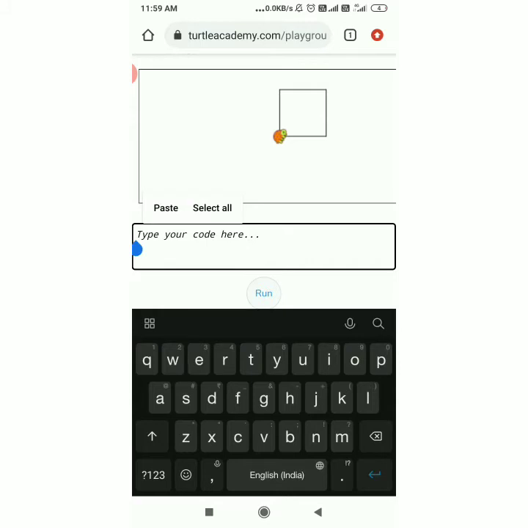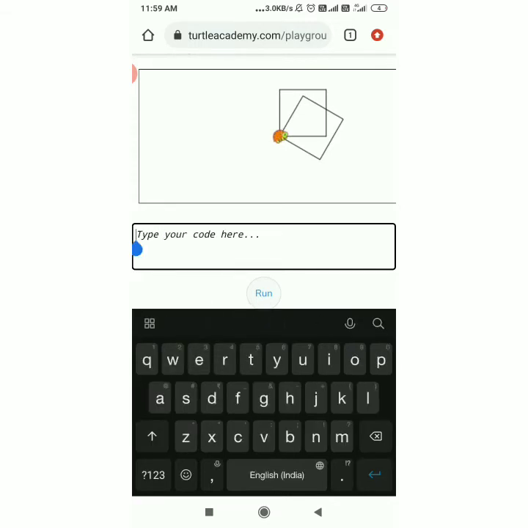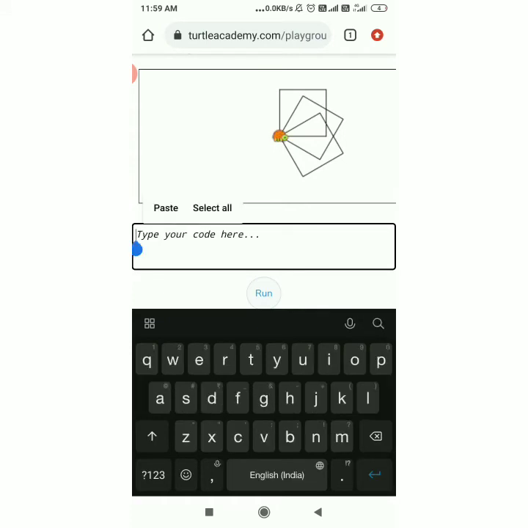Now the same command: repeat 4, FD 70, RT 90, enter. Then RT 30, again the same command. Again I am giving the command to turn by 30 degrees in the right direction, and I am pasting the same command.